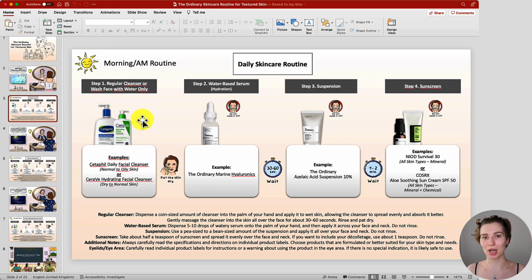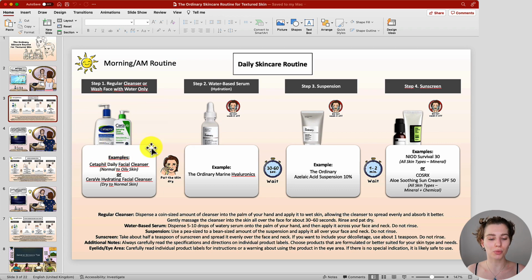Now this can be primarily with lukewarm water alone. So just use water if that's something that you usually do, keep on going with it. Otherwise, work with a regular cleanser, and here you can see two examples that I can recommend suitable for the different skin types. Now, when working with the first step, which is washing your face, you have your general guide of how you can use your cleanser right here below, so you can read through it, and based on that, this should give already enough advice on how you then can put this into practice.